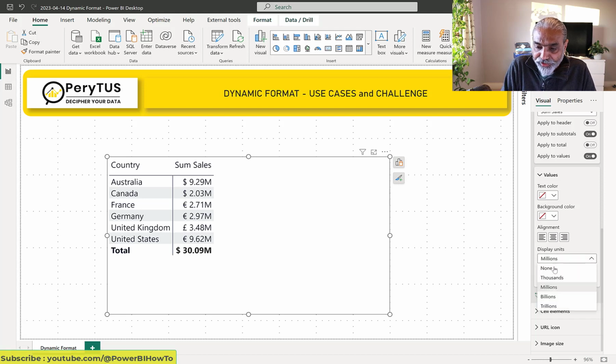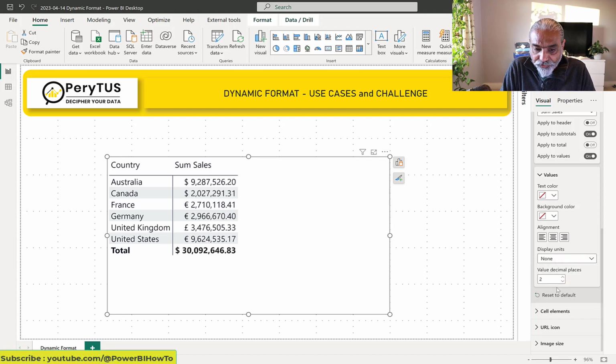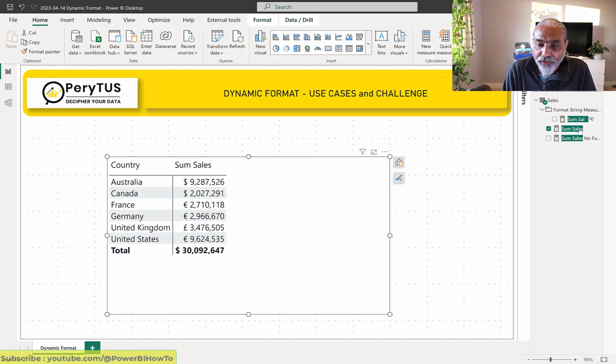I'm going to make it back to none, and make it auto, so that it just picks up the default setting of the format string. So let's go back to auto. I think, wow, that's not an option. Auto, okay. So if we remove everything, it's auto. So now we are back to where we were. So I'm going to remove this dynamic format string, the dollar and pound sign, and use the thousands, millions, and billions logic. To do that, first, before we do that,